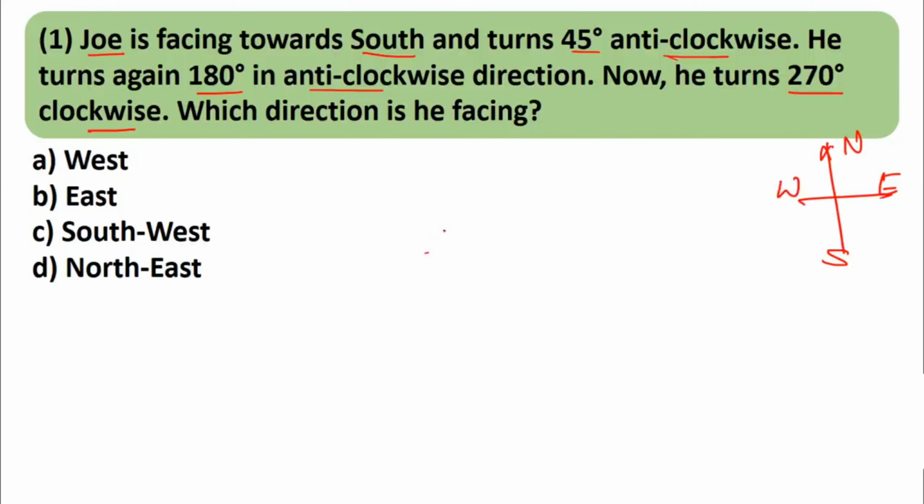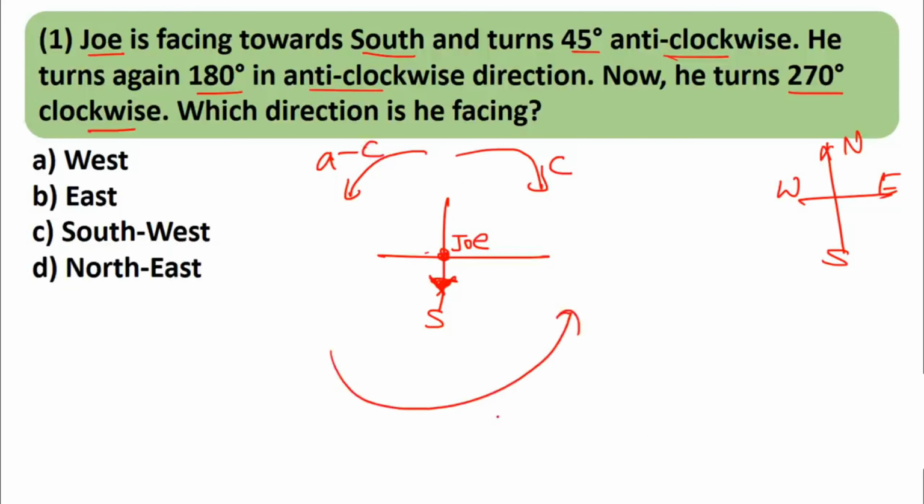Joe is facing south. So okay, here this is Joe, okay, Joe is facing south, this is south, so Joe is facing what? South. Now we have learned that the hands of the clock move like this, so this is clockwise, so this will be anti-clockwise, so it would be like this, this is anti-clockwise, correct? So Joe turns 45 degrees anti-clockwise, so Joe turns like this for 45 degrees. So where will Joe come? This is south and this will be southeast over here, this is southeast, right? So Joe turns 45 degrees anti-clockwise.